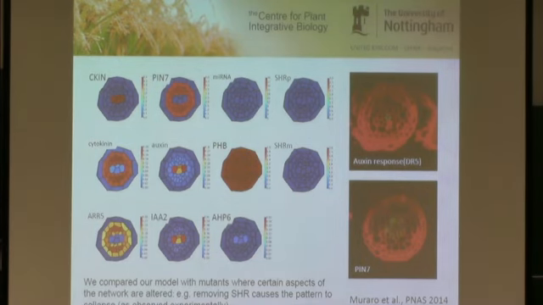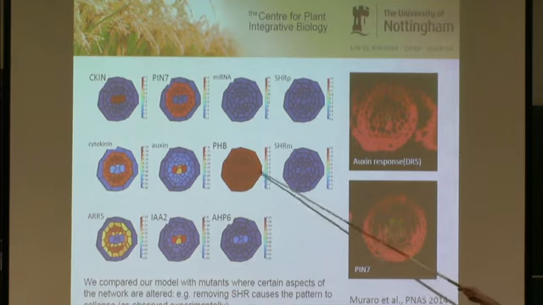So we do the usual thing to test whether the model is making a bit more biological sense than just testing it against the known stuff. So the usual thing is to mutate things. So this is removing short root, so doing a short root mutant, which means you get rid of the PHP,